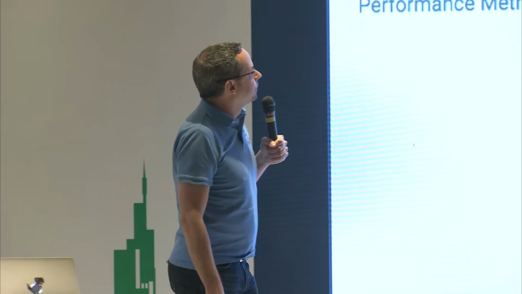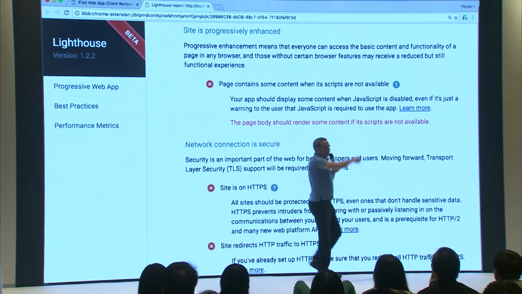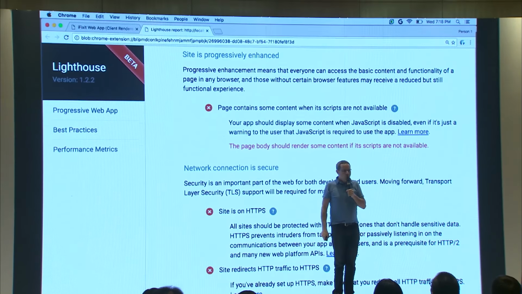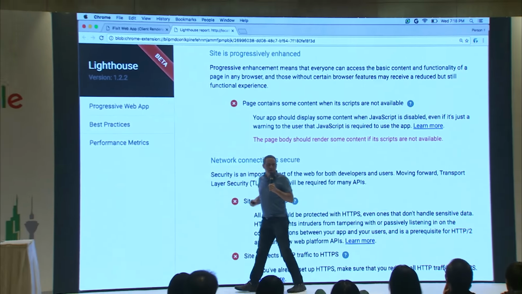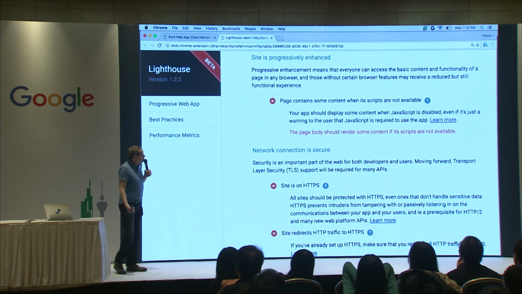Perceptual speed index, okay, that's kind of high. Time to interactive is just over 7 seconds. That's a lot, that's slow. So I think we can do a bunch of things to improve our performance. The next thing it's going to look at is the site is progressively enhanced. So there's one key test for this. Page contains some content when scripts are not available. We saw that. Wah, wah, right? That's another easy one for us to fix by adding some server-side rendering. So no content when JavaScript is unavailable.